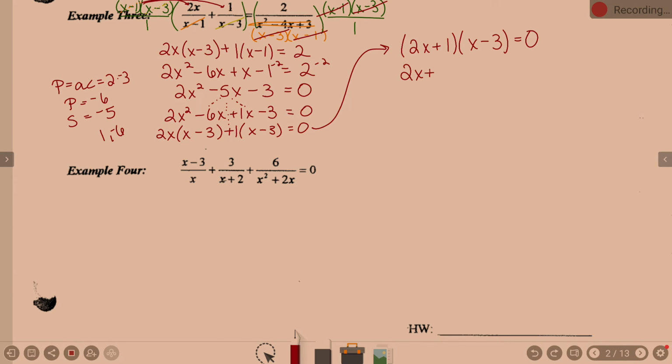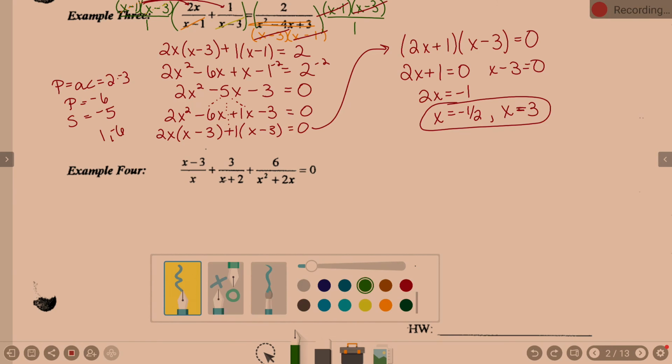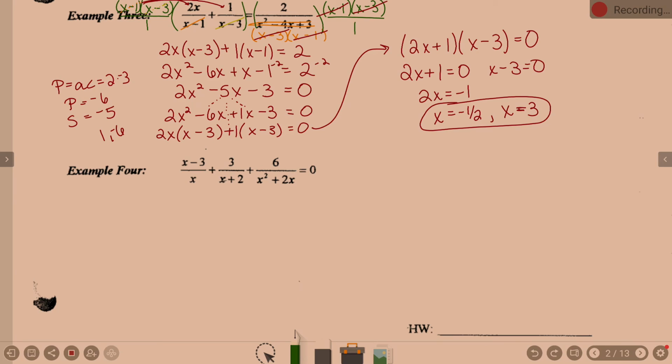So 2x plus 1 equals 0. X minus 3 equals 0. 2x equals negative 1. X is negative 1/2. And x is 3. Oh, you're gonna check him. Because we're working with rational equations, equations that have fractions, that have variables in the denominator, check your